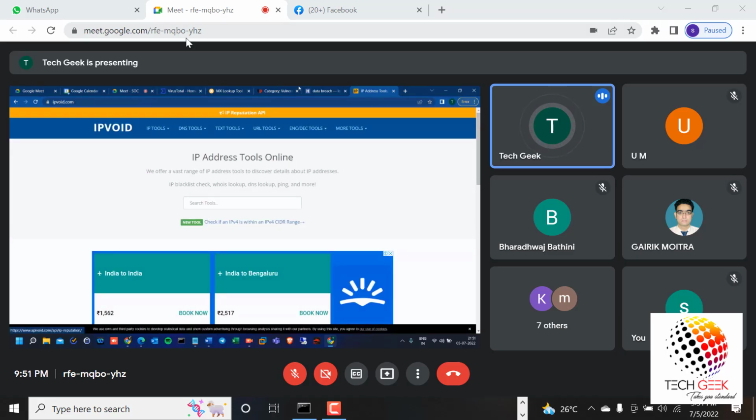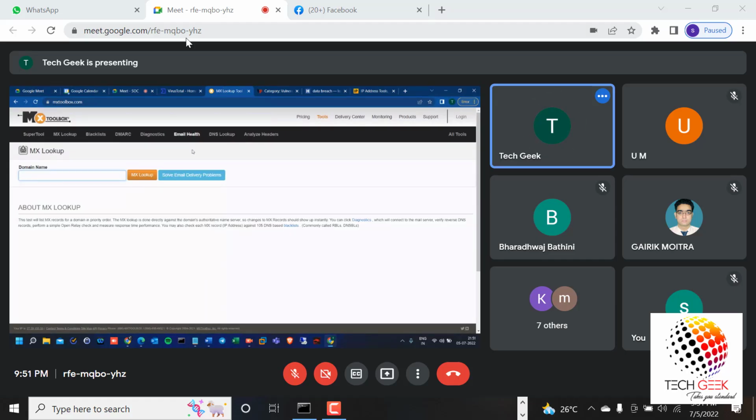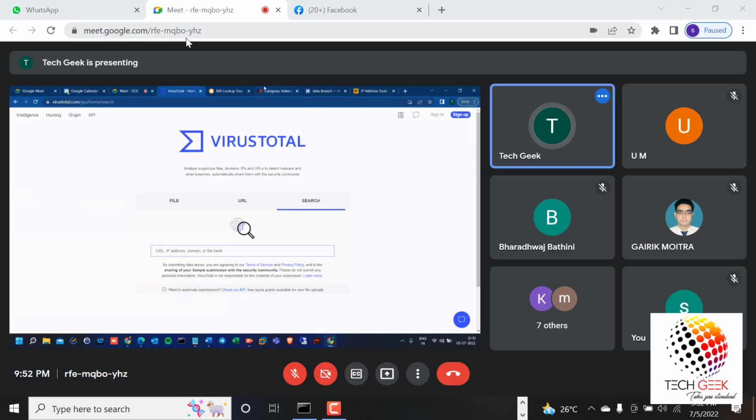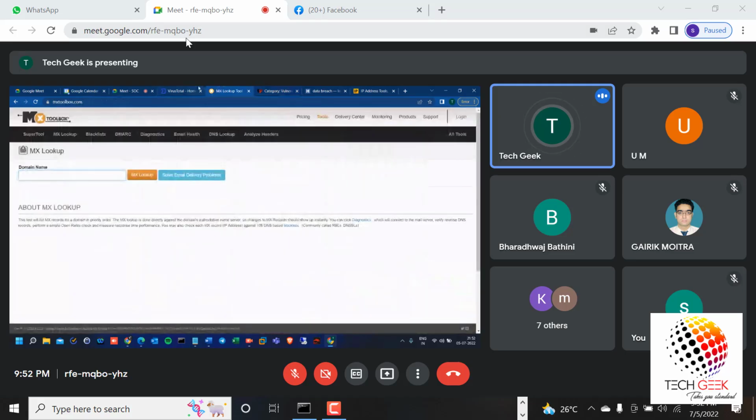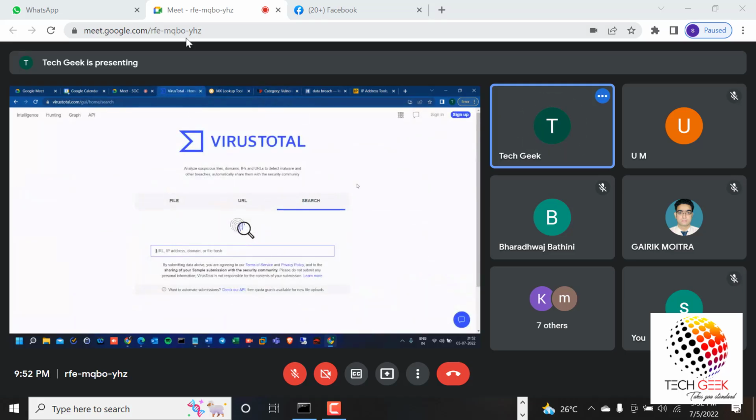When you are mentioning senior experience, you should know these websites and blogs: security news blogs and security platforms. VirusTotal, MX Toolbox, IPVoid. There are multiple, and IBM also. You need to explain them. Whenever you tell about the investigation, say that I'm cross-checking the IP address in VirusTotal and checking whether the particular IP address is valid or not, like that.